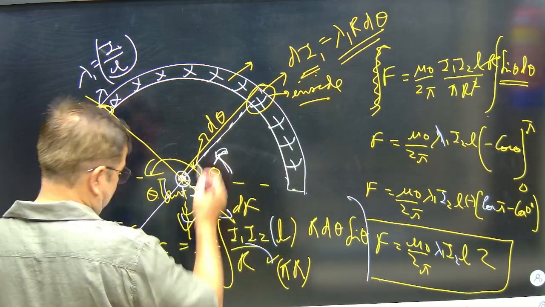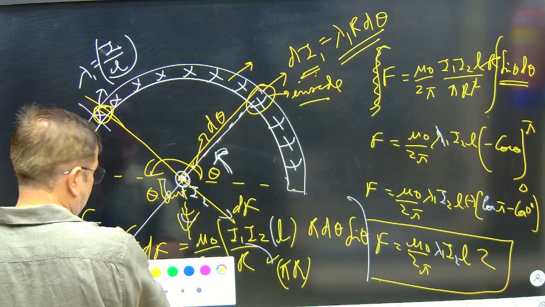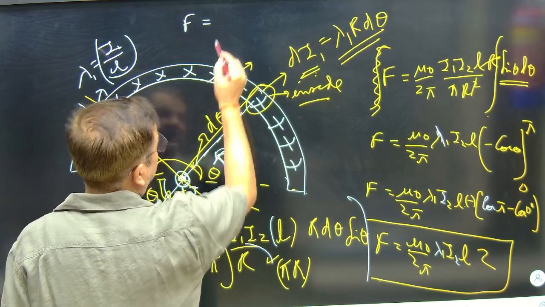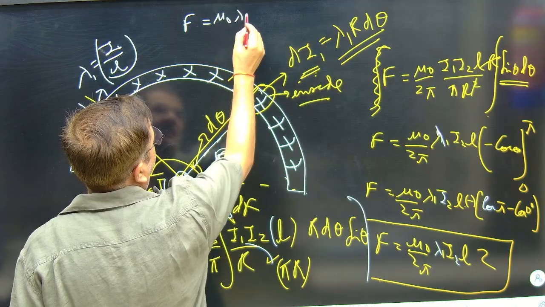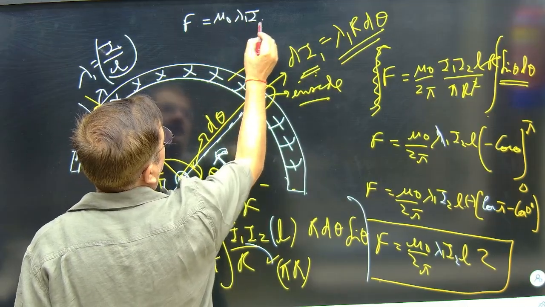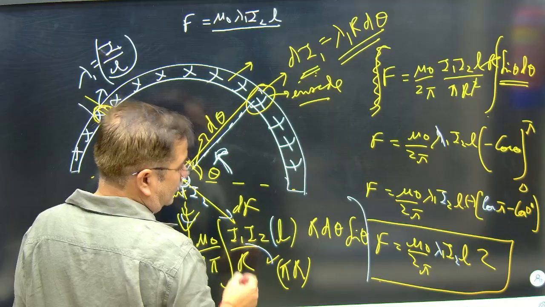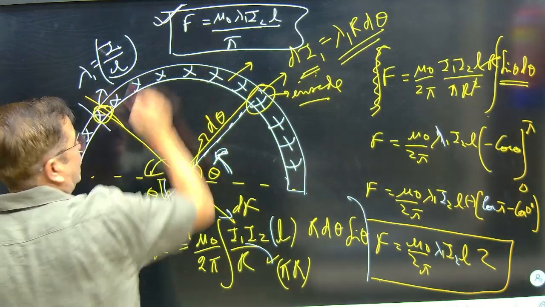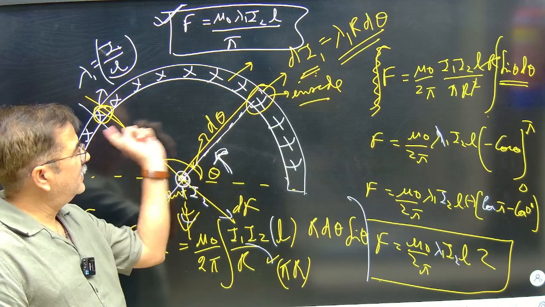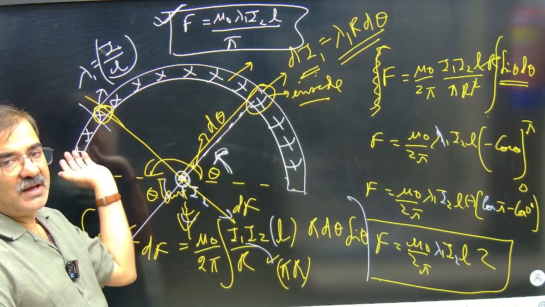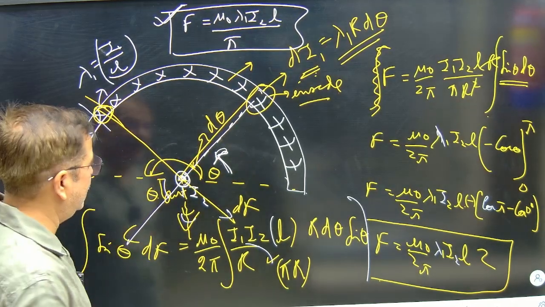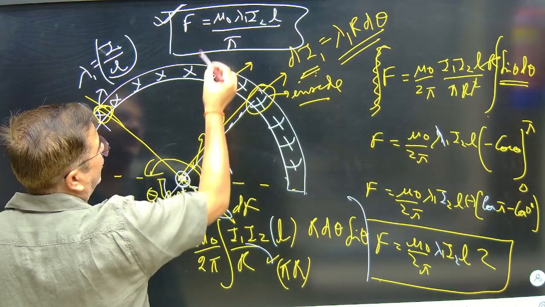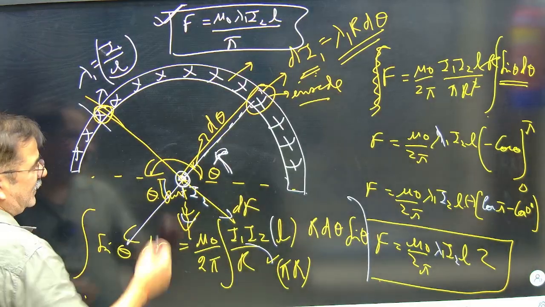Further if I solve, what I will get, थोड़ा और सिंप्लीफाई करूं तो I will get this force F will be, this 2 got cancelled, μ0 λ1 I2 for length L upon 2 got cancelled by π. This result we have. The force of interaction between this rod and some wires at the boundary of this annular half cylinder, infinite long. This result we got, correct. ये थोड़ा आप ध्यान देंगे, I1 I2 लेंथ, और this force is repulsive।